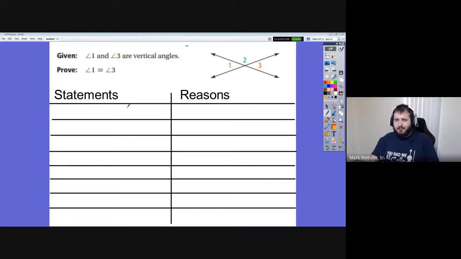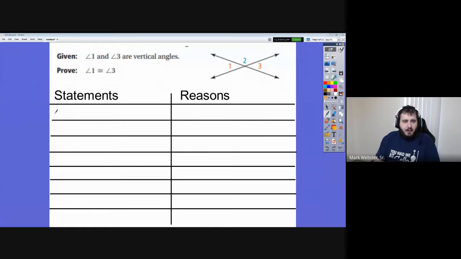Same thing here. Each and every one of the proofs that we're doing today follows the same general guideline. Hey, here's two angles. They add up to a certain amount. Oh, wait, these other two angles add up to the same amount as the first two. Let's take those expressions and glue them together. And now we can get rid of all the extra that we don't need and come up with our answer. So look,